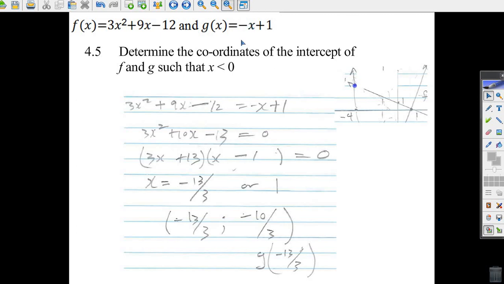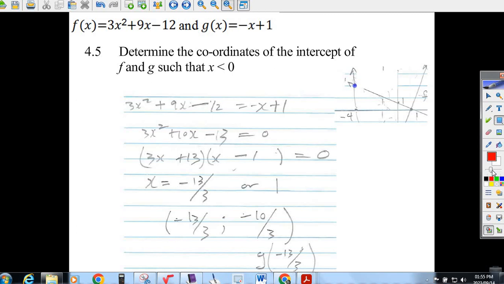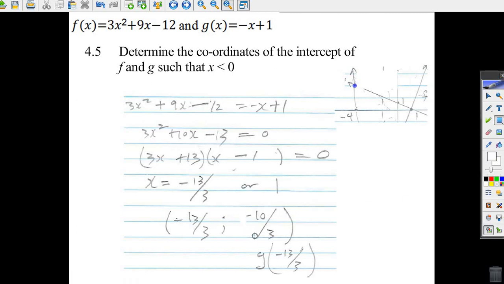I think I made a little mistake there, because if I put minus 13 over 3, it's going to become plus 13 over 3, isn't it? It's going to be plus. So when we take g of minus 13 over 3, I don't think we're going to get that one that I got right there. We're going to get something different. We're going to get 13, because we take a negative and we put it into a negative, it's going to be positive 13 over 3. And if we add 1 to that, which is 3 over 3, we're going to get 16 over 3. Which makes more sense